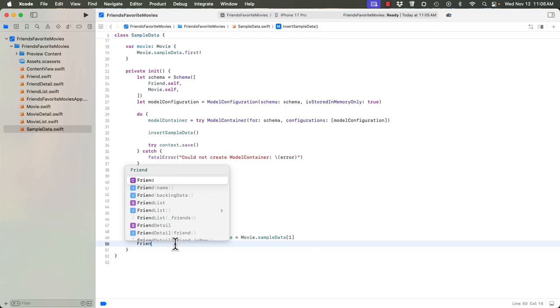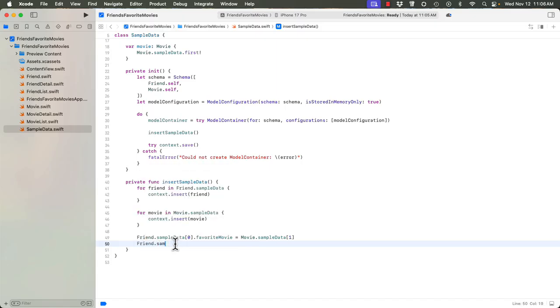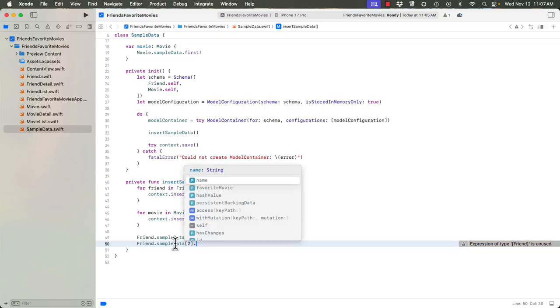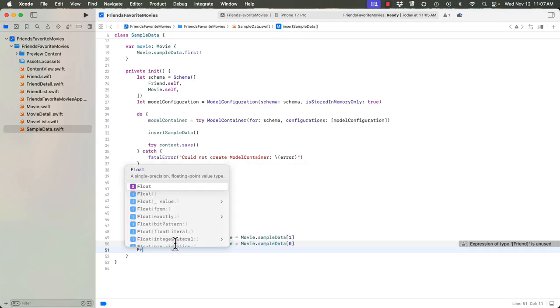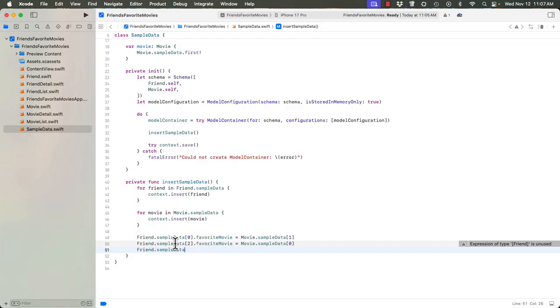And let's go ahead and add a few more. So we're going to say Friend.sample, and again, you remember you press tab to autocomplete. And we say favoriteMovie, press tab, and then we say equals Movie.sampleData, and we're going to reference the first one. And then we say Friend.sampleData, and we're going to say number 3